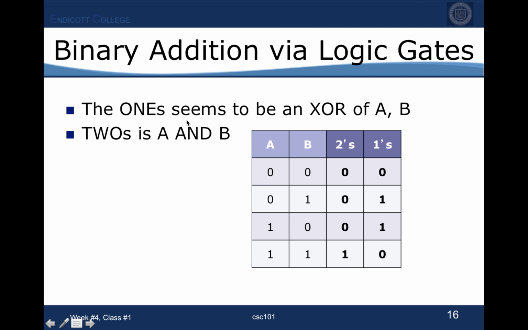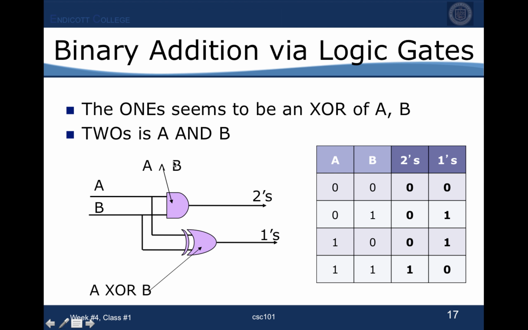Right? So I think this is our observation here. Oh, maybe it was easier to see in a table. For my usual combinations of zeros and ones for A and B, the response of A plus B at addition says the twos column should look like that and the ones column should look like that. And hopefully we recognize that the ones is exclusive OR and the twos are the ANDs of my inputs. So the circuit that I would end up making, which I won't go back into the circuit maker,